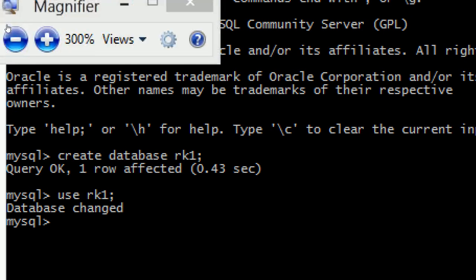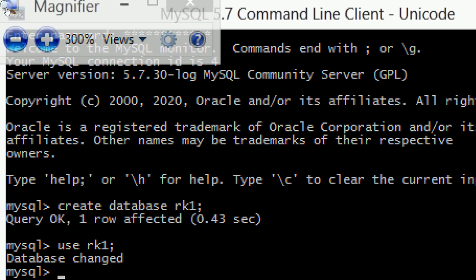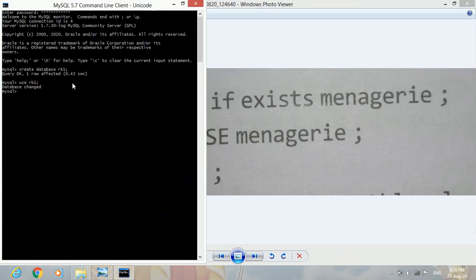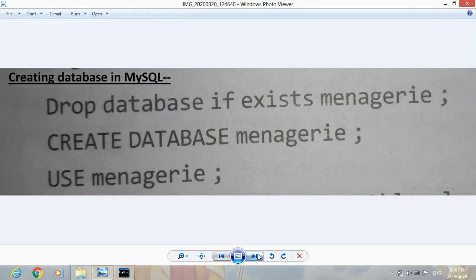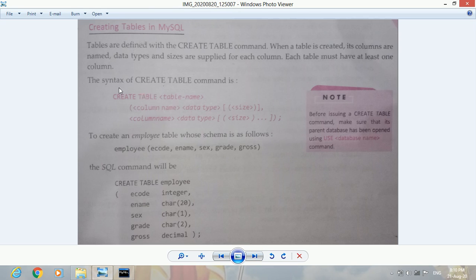So let us now first learn how to create a table. After that we will talk about further. So how to create a table? The syntax is very simple. We write CREATE TABLE, space, the table name, then we press the enter key, then in parentheses we write the first column name, then a space, its data type, then a space and in parentheses its size, maybe CHAR 20 or 50 or 10, then a comma, and after that press the enter key.